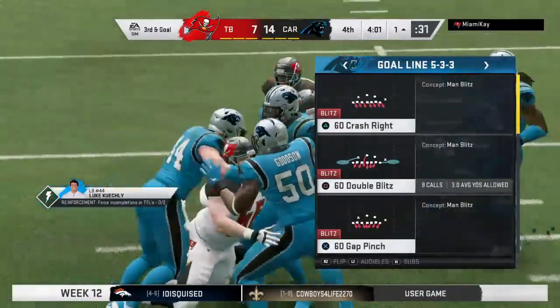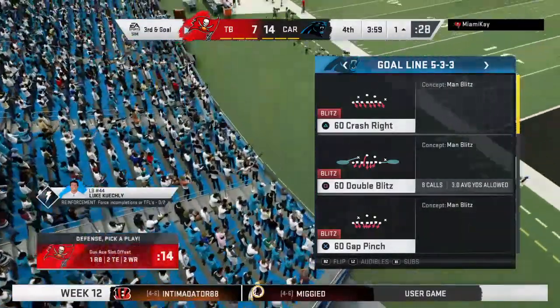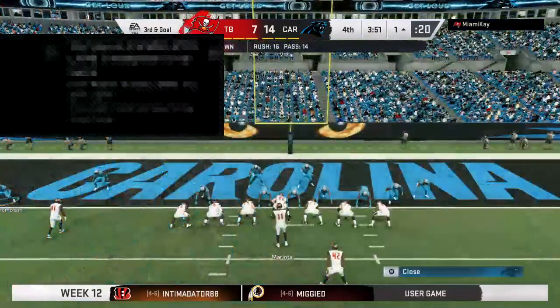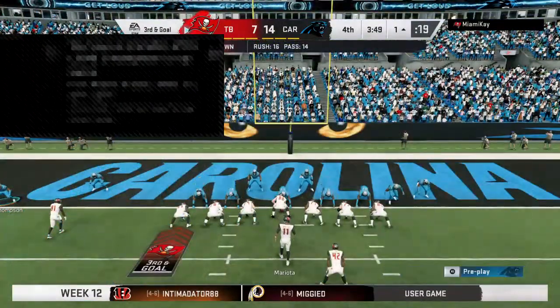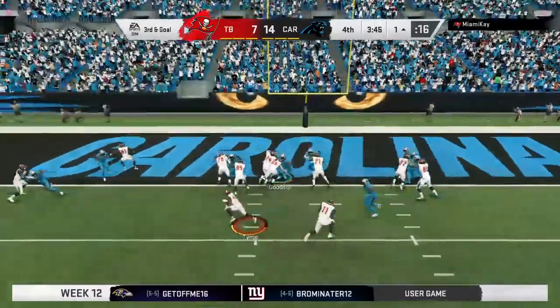Now on 3rd, do you go to the air? I think the possibility exists, and if you're doing it, you're probably going play action since you ran it twice. But I often think that second down is a time you go play action and throw the ball. I say commit to the...